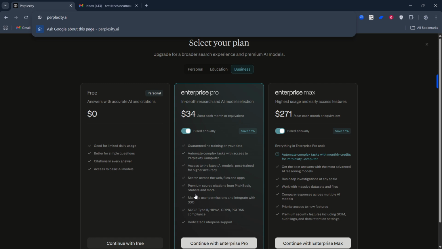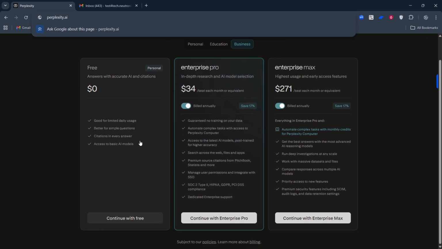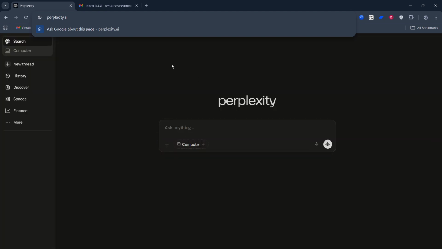Now, open your email inbox in a new tab or on your phone. Look for a message from Perplexity. If you don't see it right away, give it a moment and check your spam or promotions folder just in case. In that message, you'll typically find a secure sign-in link. Click the link to verify your email and complete the login.